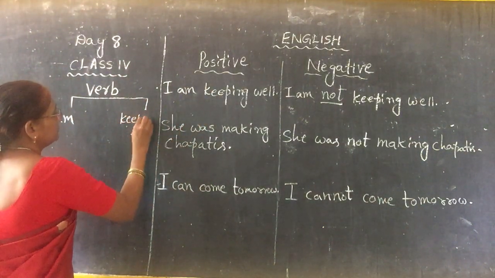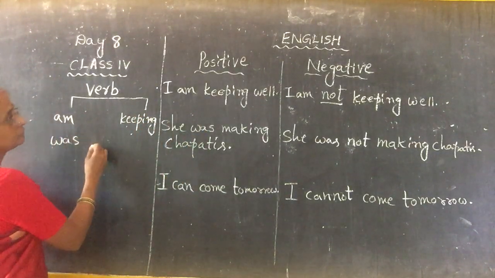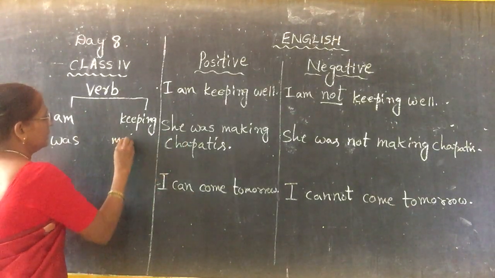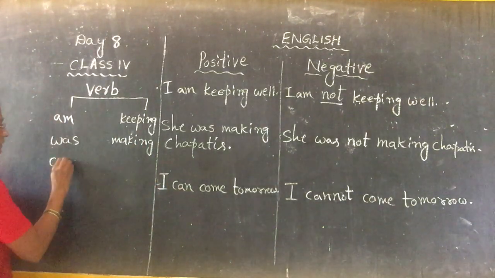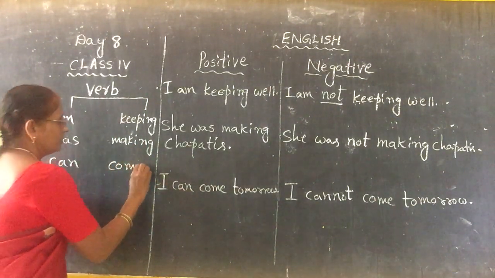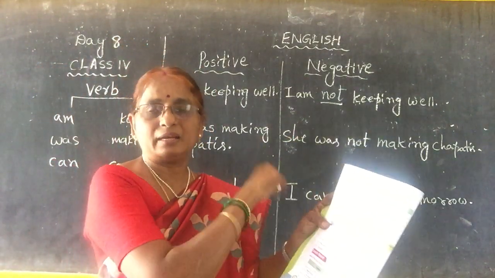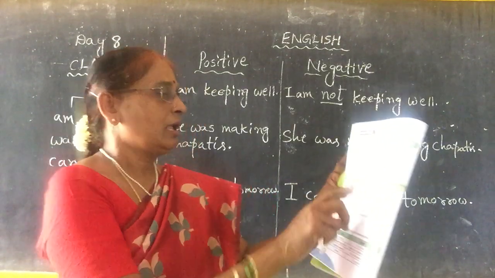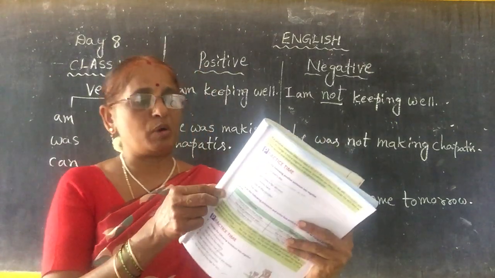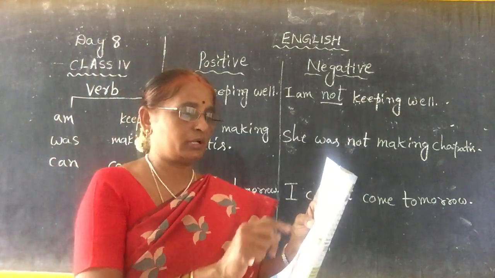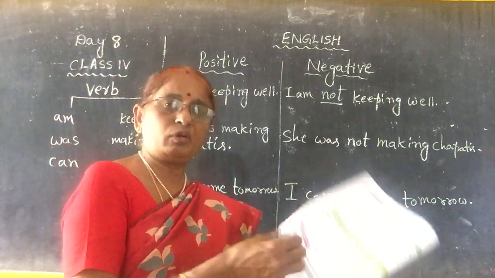See here. And next, the second sentence: was, again making. Next, can, next, come. What is the difference? This is the only difference between this table and the previous page's table. See, the positive sentence in the above table consists of a verb made of two parts. Such sentences are changed into negative ones by adding NOT, not. Even in the previous class it was also NOT, not only.